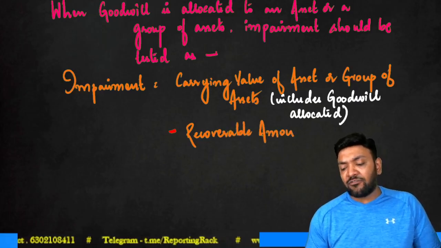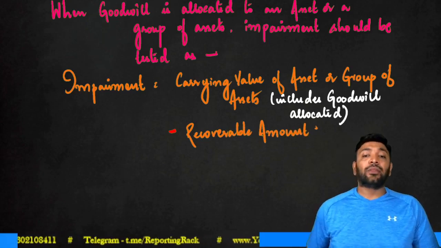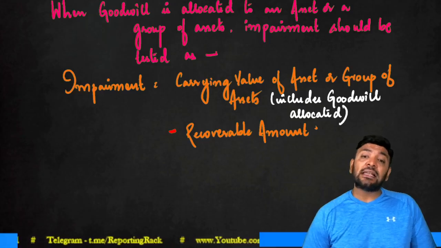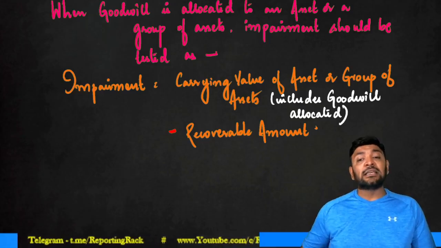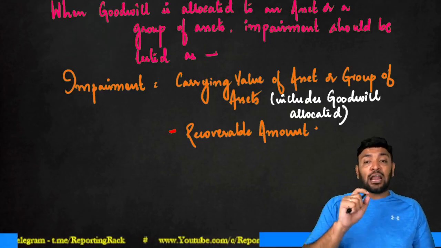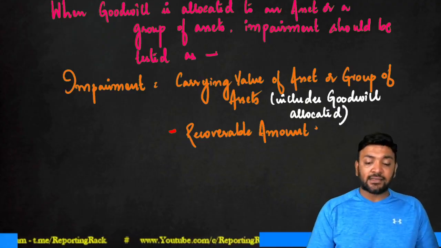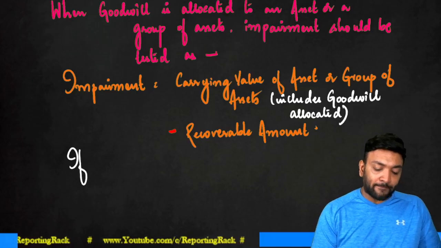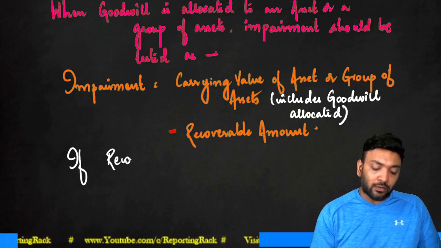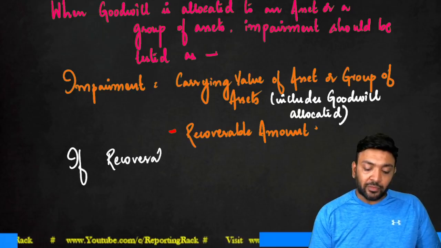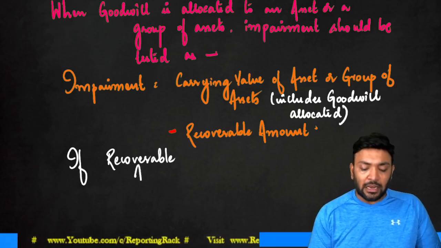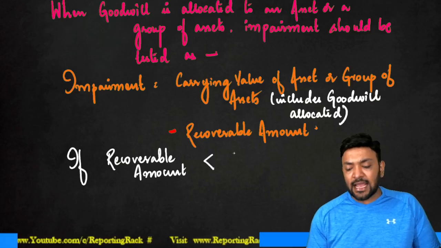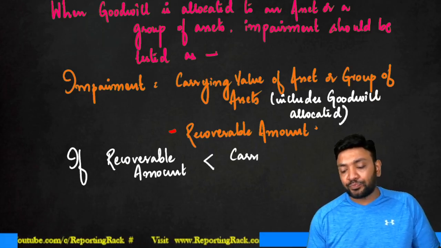If you identified that there is an impairment here, what do you mean by impairment? That means the recoverable amount is less than the carrying value of the asset or group of assets, including the amount of goodwill allocated to the asset. In such cases, if recoverable amount is less than carrying value,